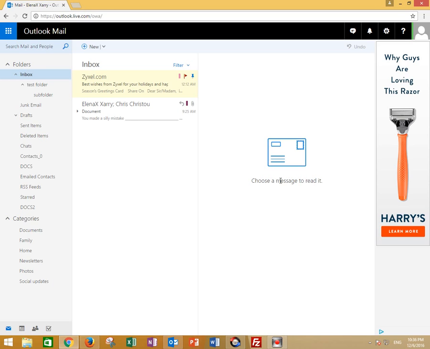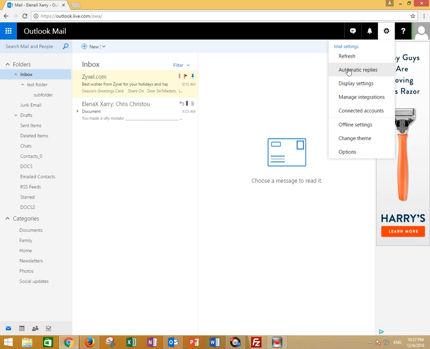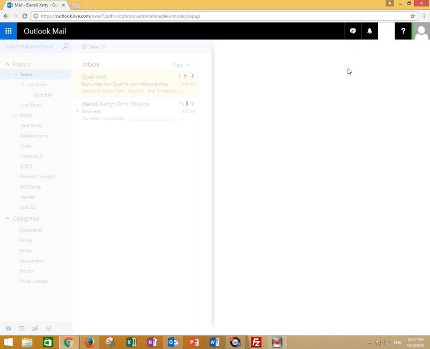Something you will definitely use now during the Christmas season is the automatic reply. If you basically won't be around, the Outlook.com email will automatically send an email telling people, sorry, I'm away, I will be back at such and such a date. So to enable that, click on the gear icon, click on automatic replies,